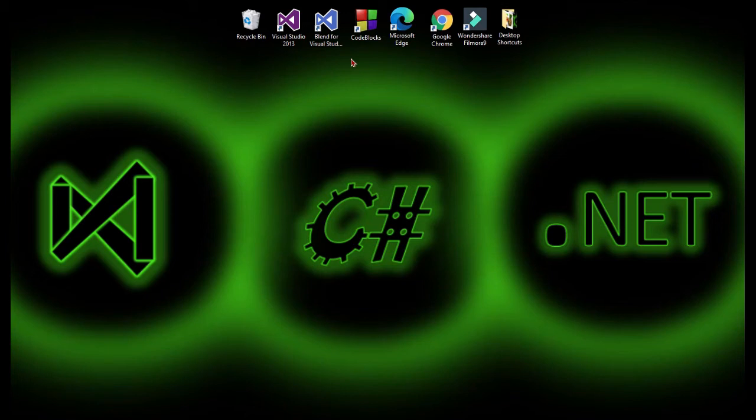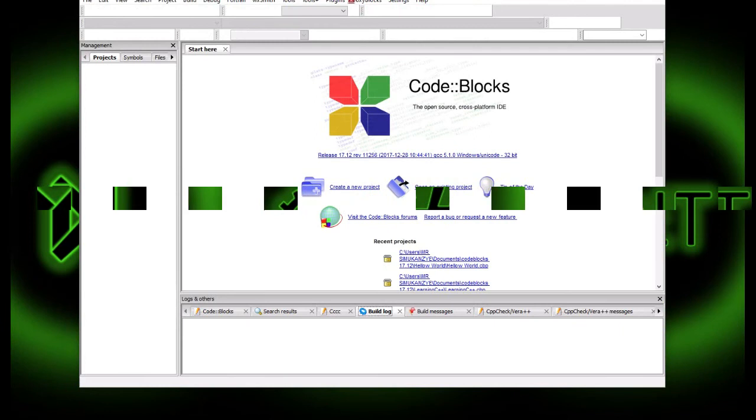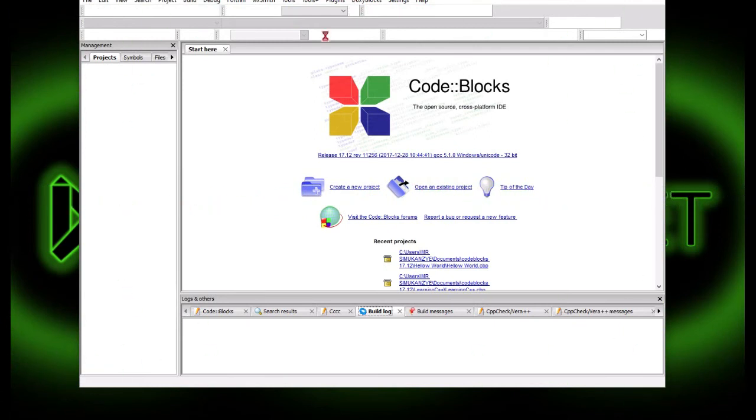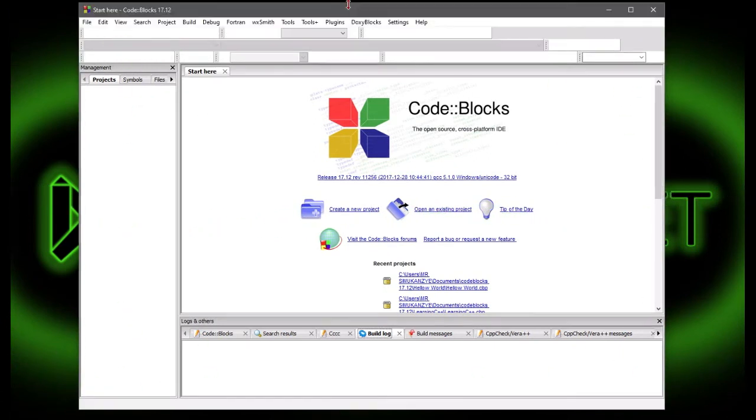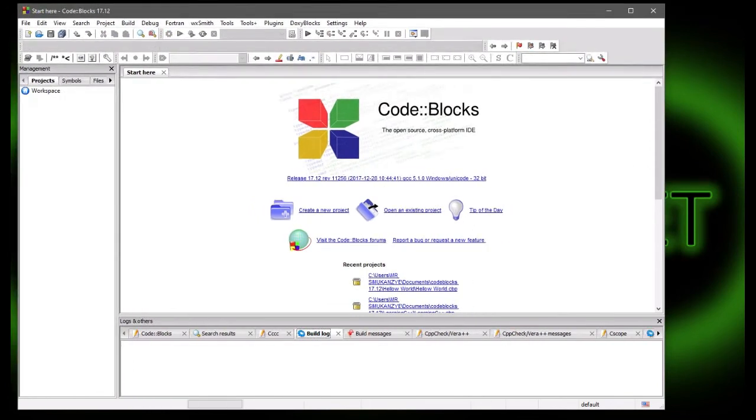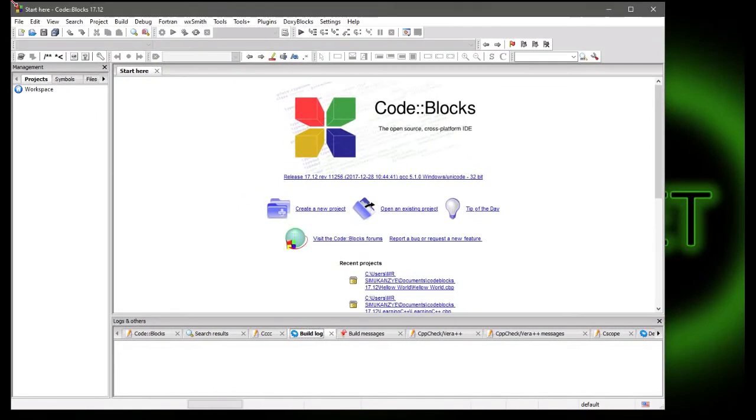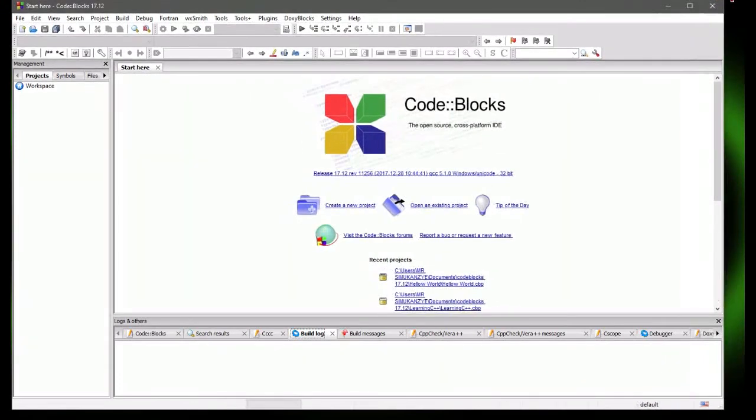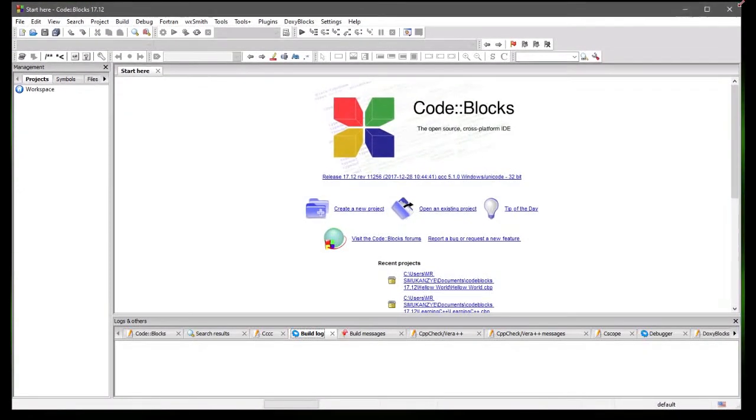Okay, so we're using Code::Blocks as our IDE. Let me just resize this so that it can fit our video recording area here. All right,